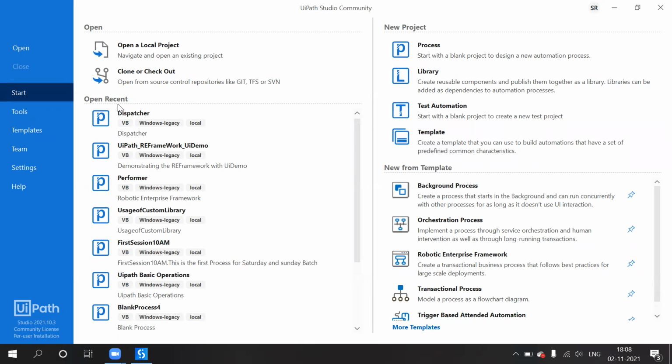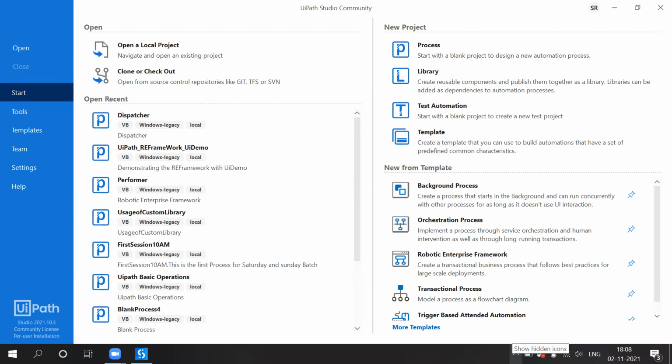Okay, so what we discussed last week: we discussed how to initialize a dictionary, how to retrieve the data from a dictionary, and how to loop through the dictionary. Then we have seen the differences between arrays and lists as well. Now we are going to discuss some important features.